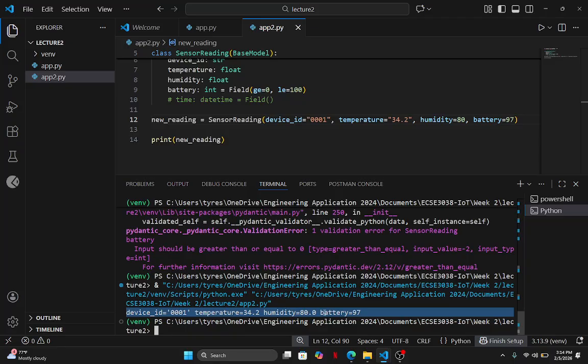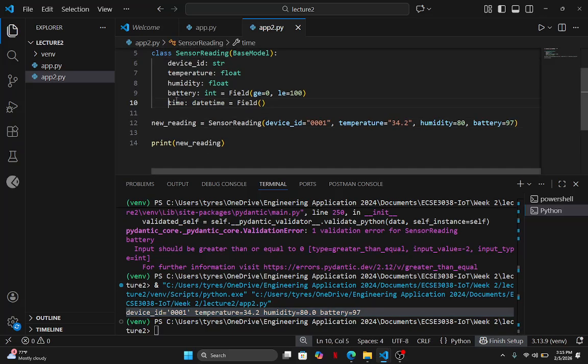So the time field that I was talking about now, we're going to specify some different configurations of it. The configuration that we're going to specify is what it should be if you don't specify a value. And for that, we will use something called default. The thing is, you have two different kinds of defaults. You have default and default factory. Default is if you want to specify a singular known value as the default.